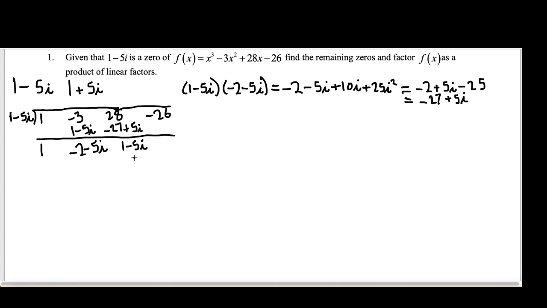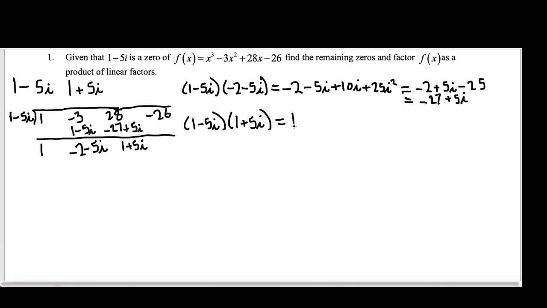And then once again, 1 minus 5i. Oopsies. Sorry, I made a mistake. That should be 1 plus 5i. Sorry about that. So now 1 plus 5i needs to get multiplied by 1 minus 5i. Once again, let's do that over here. 1 minus 5i times 1 plus 5i